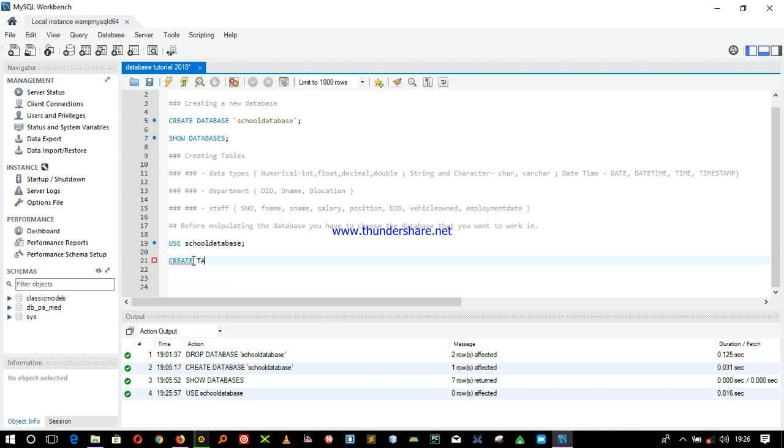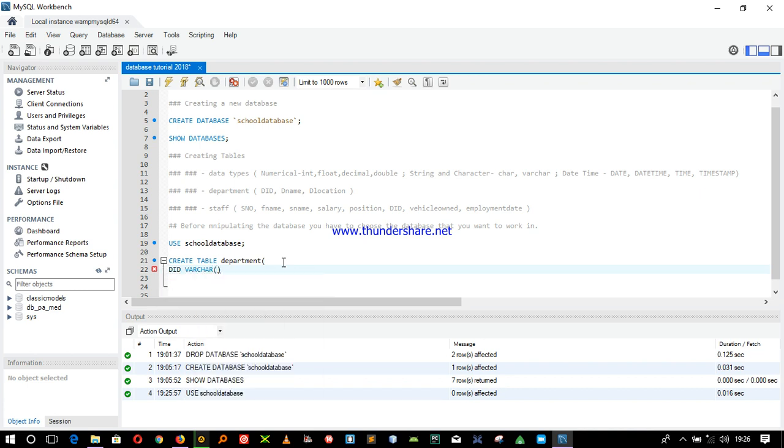The syntax, we just create a table, then write the table name. Like here, the table name is department, right? The difference between creating a table and a database is that when you create a table, you have to create the table and its columns at the same time. So you open a bracket, press enter, and start to list all the columns. So column number 1 is DID, and we said you write the column name followed by the data type.